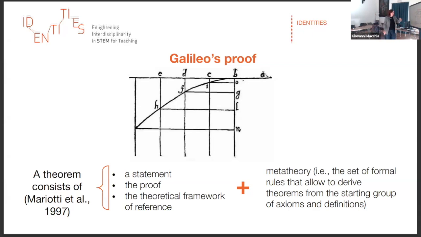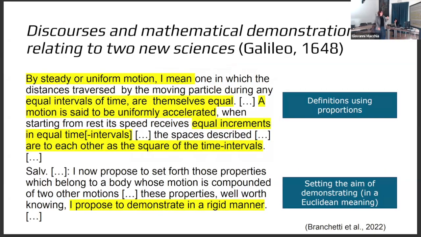So we use modus ponens, we use different structures of deduction, and the truth of the statement depends only on this kind of meta-theory. So looking at Galileo's proof, we can see that before the theorem, there is a long